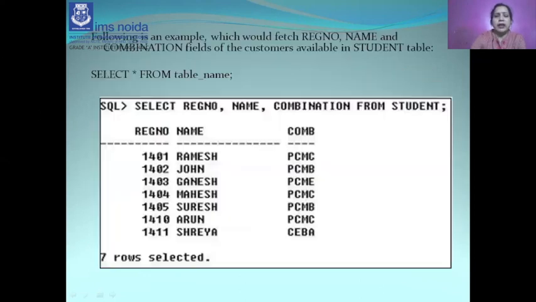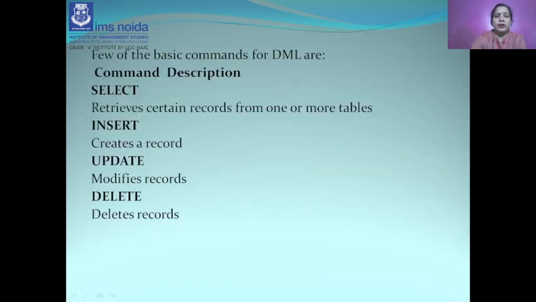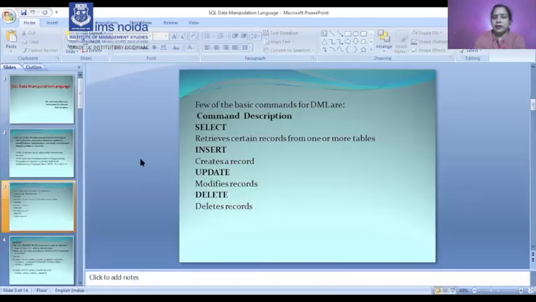DML is more effective whenever we want to retrieve data from the database. In the next video, we will discuss UPDATE, DELETE and some more operations, some more conditions which may be applied with this particular manipulation.